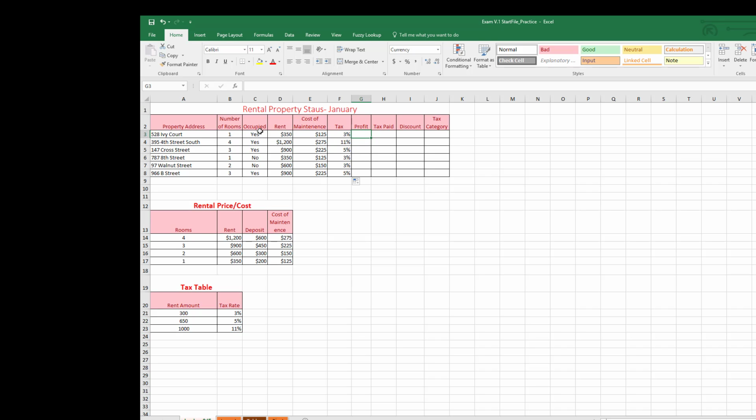If not, we won't be getting any rent, so we won't be getting any profit. So here we go. Equals IF, tab to start that. What is my logical test? Well, is this right here equal to the text "yes", text has quotation marks, yes, comma, if that's true, then I want to take the rent minus the cost of maintenance, comma, if it's not,